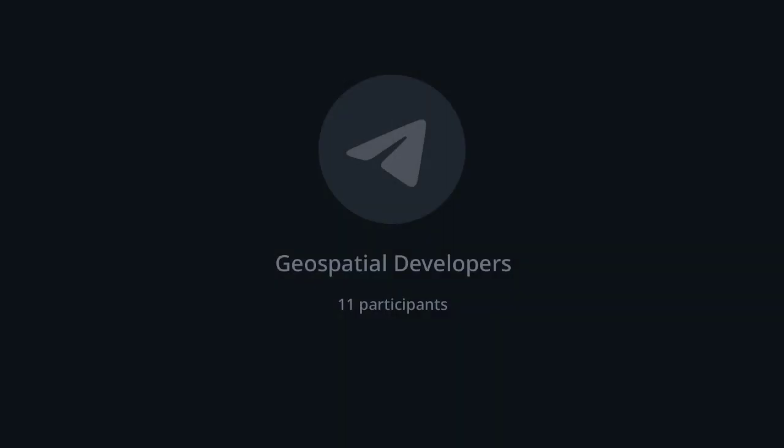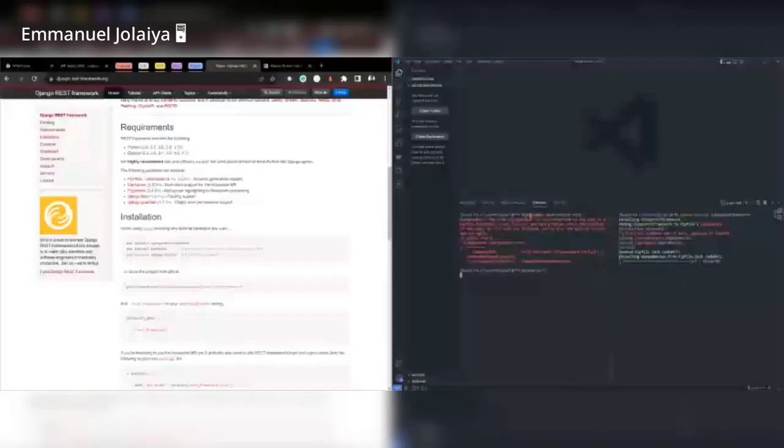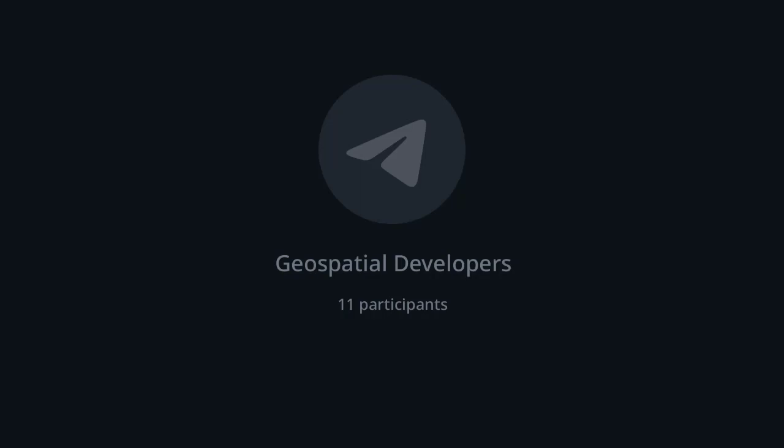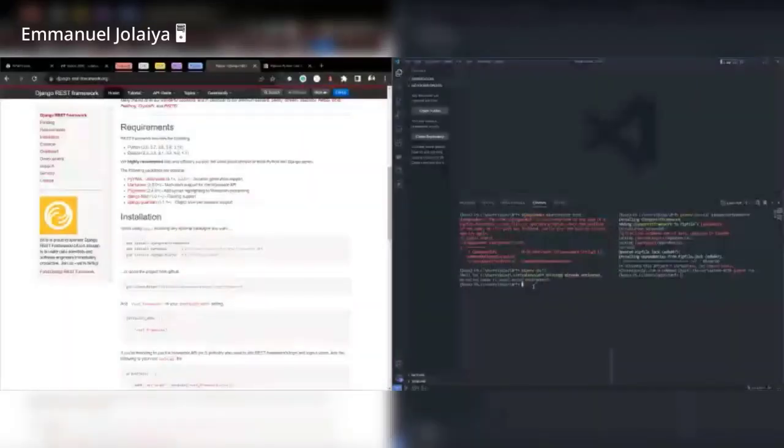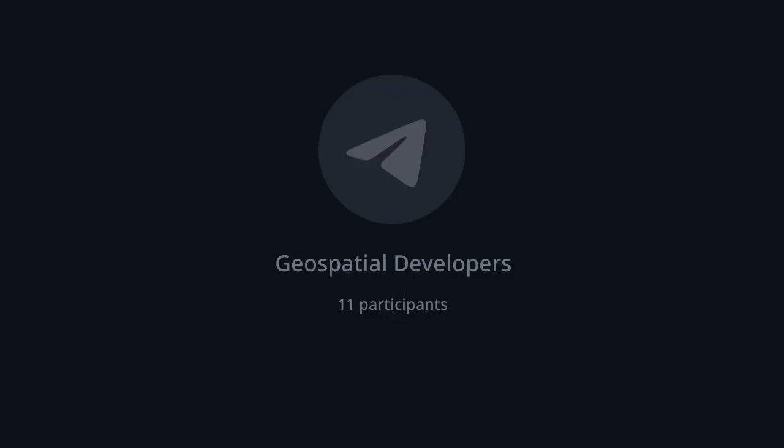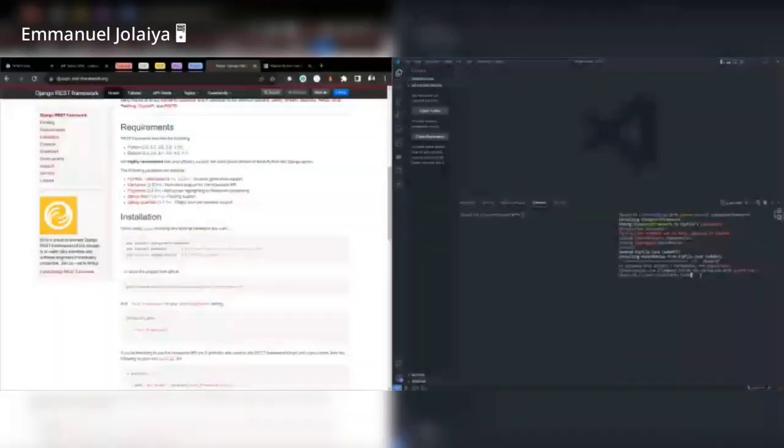Okay, let me activate my virtual environment in case it happens. Okay, so DRF is installed as well. Perfect. So the initial step is to create a Django project, and